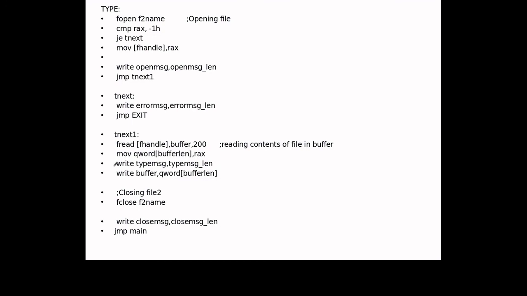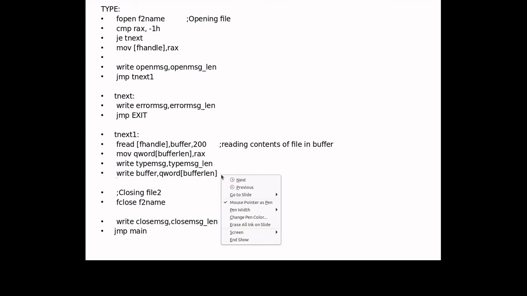Okay, and call the write system call. So write system call is type message, the contents are. Okay, this message is contents are. Okay, and again call the write macro with the parameter buffer, because this content we have to display on the screen, with the length buffer length. This is the count for that actual content.